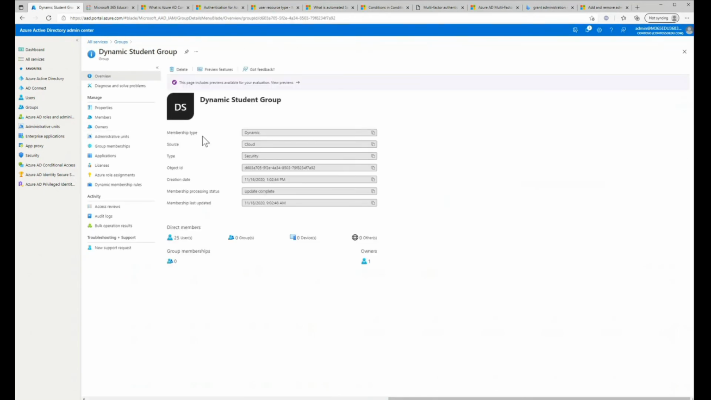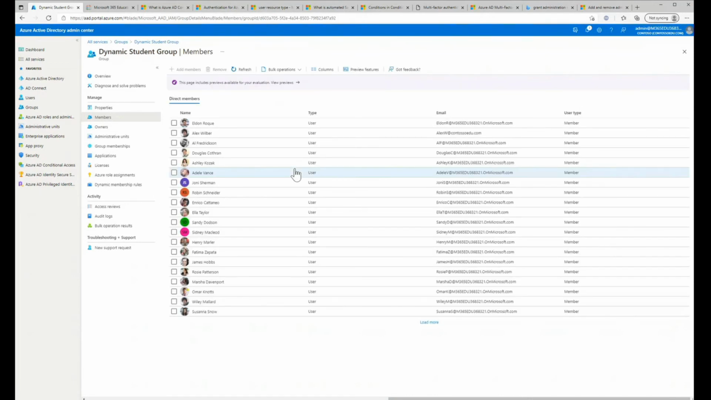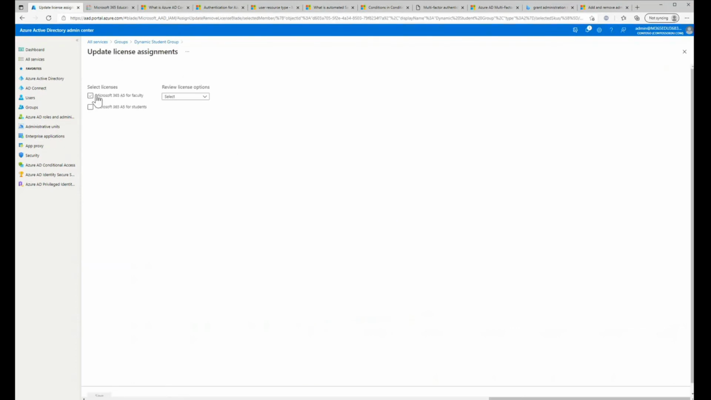So this group I populated just based off of the student flag. It populated 25 members. All of these people that have been added to this group are all students. And you'll notice that one of the options I have is licenses. So if I head on over to this, I can assign a license to this user. And in my case, I only have A5s. So I can assign an A5 license,